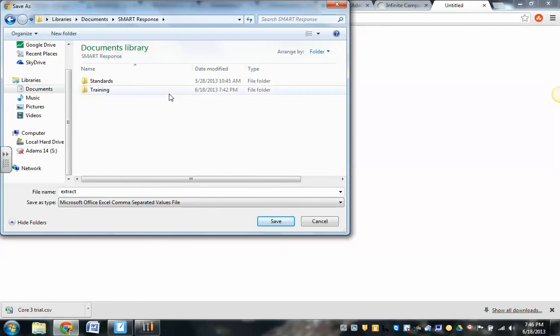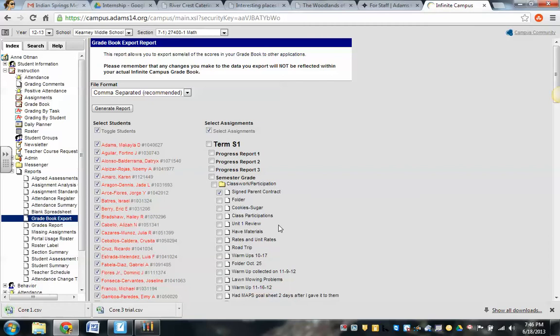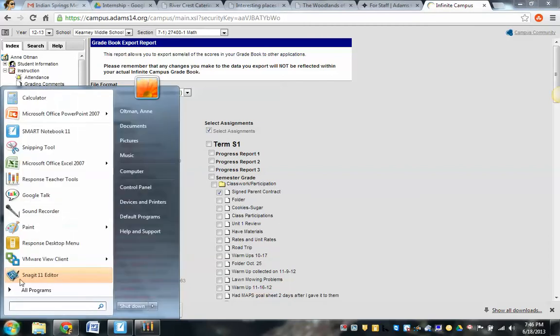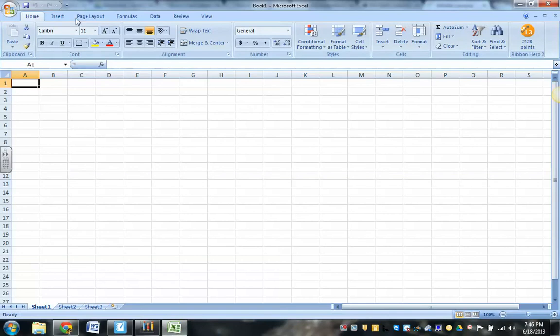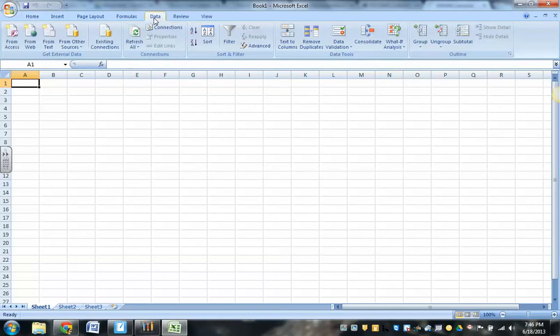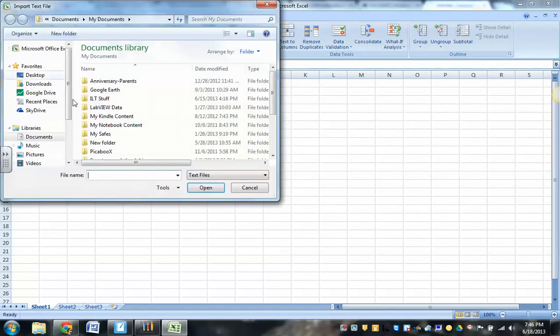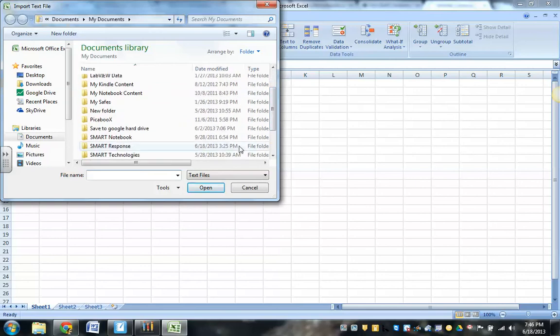I'm going to do mine in the Smart Response, and I'm going to title this Core 1. Let's do Core 1, and hit Save. Then you're going to go and open up Excel. On the ribbon, you're going to go to Data, and then From Text. You'll find the folder you saved it in, which mine is in Smart Response,